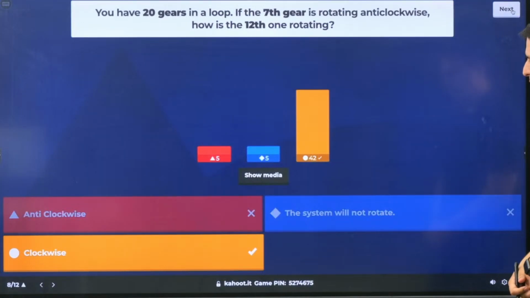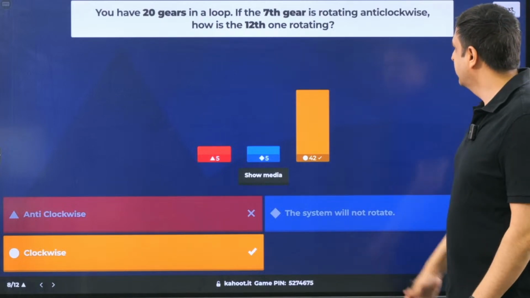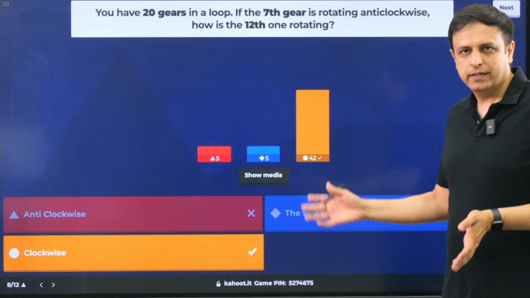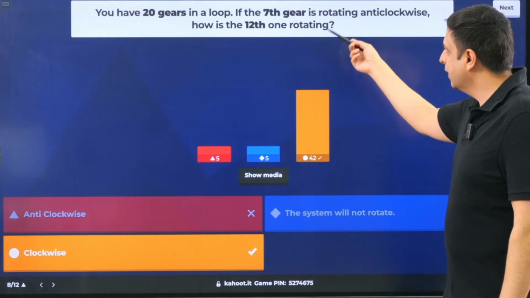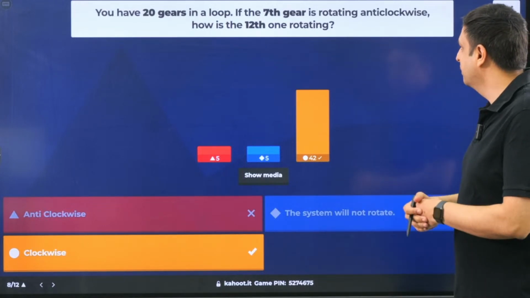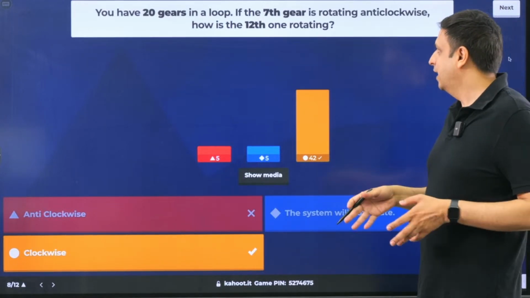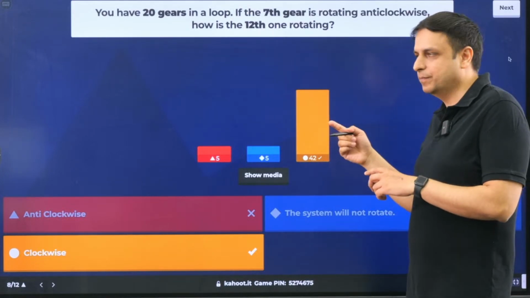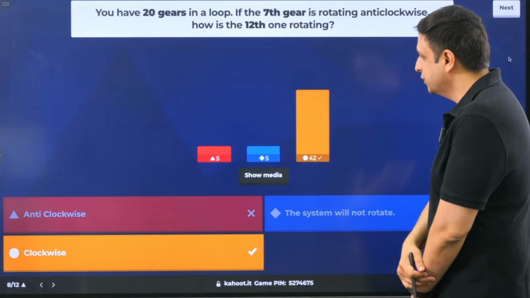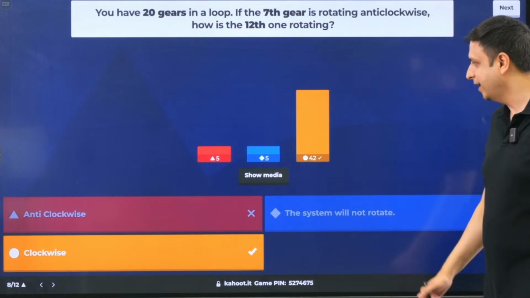So, the correct answer was clockwise because the 7th gear is rotating anti-clockwise or counterclockwise, so all odd numbered gears should therefore be rotating anti-clockwise, but the 12th is of the opposite parity, it is even. So, the 12th gear should be rotating clockwise. So, that was the correct answer.